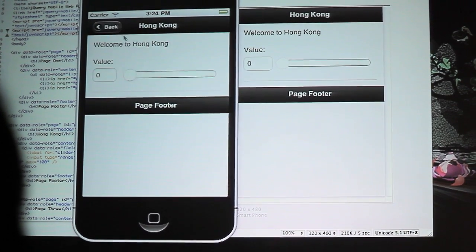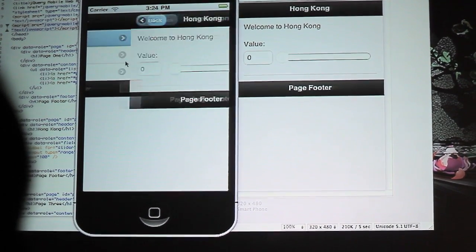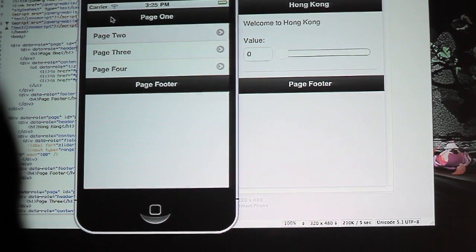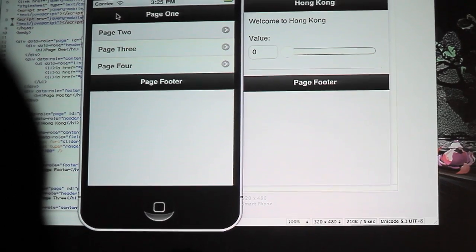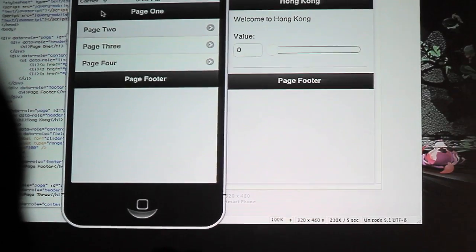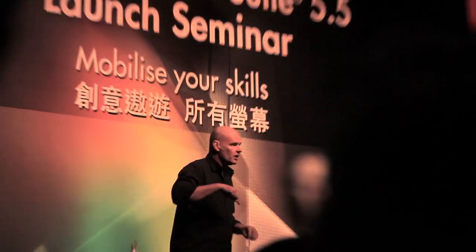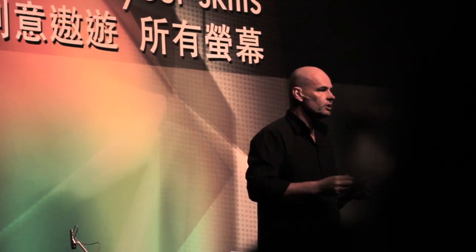Okay, in 2 minutes, I just built this. Let's just use the slider, so I've got my values on here. All of those jQuery widgets, by the way, are all touch, multi-touch, gesture compatible. So we've added inside Dreamweaver the entire jQuery Mobile framework, we've added all of PhoneGap. You can build an